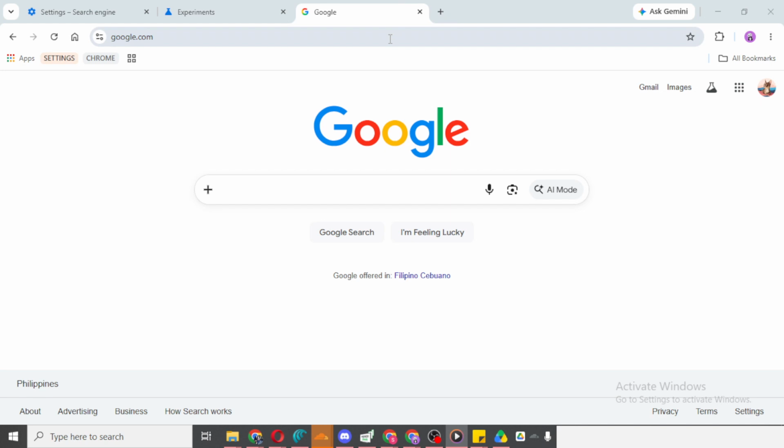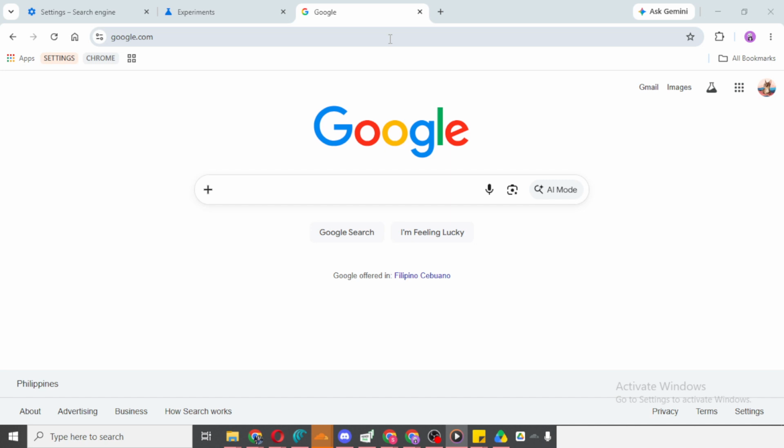Chrome flags are experimental settings built into the browser, and they allow you to access features that may still be in testing. Because of that, this section is mainly for advanced options, so it's a good idea to explore carefully and only change settings if you understand what they do.